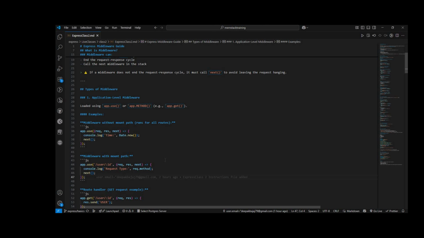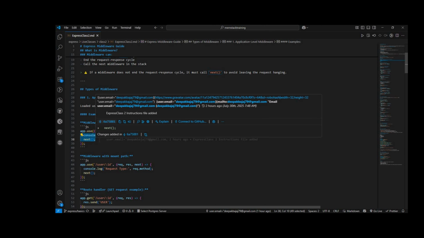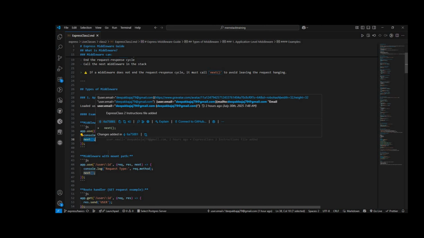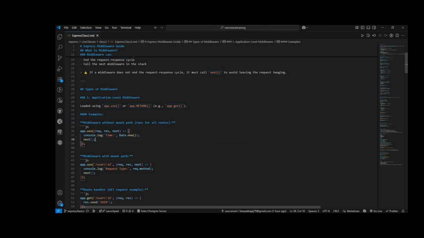So here you understand, we are performing some action, we are running a function, and if we do not use this line, it will be stuck in this function only. Make sense to you or not? Yes, sir. Okay,